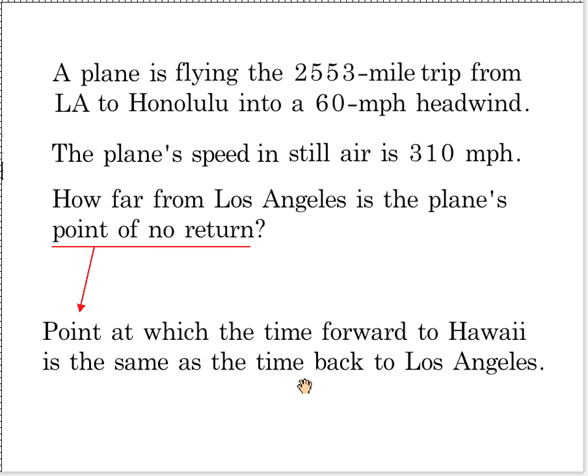Imagine, if you will, this scenario that you're flying this route and a passenger becomes gravely ill, and you want to know if it's faster to return to Los Angeles or to go forward to Honolulu. Well, the point of no return is the point at which it wouldn't matter if you went forward or back. And so it's this critical idea, and it's nice to see our mathematics get at some really important